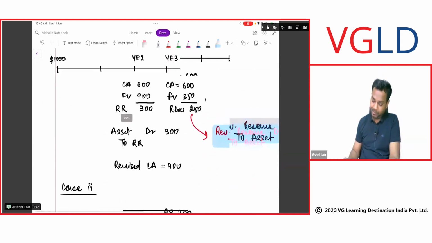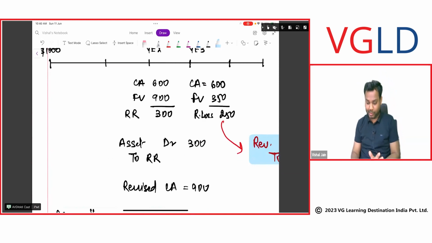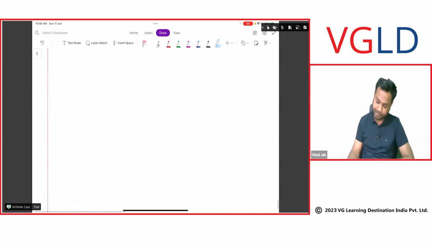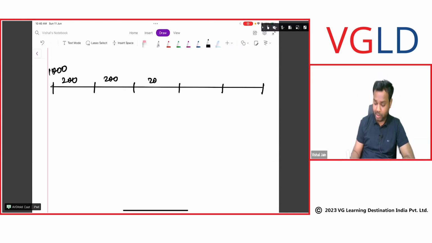Now tell me. Understand this chart. Okay, your asset was how much? 1000. Let me explain again. From where that carrying amount 600 came, I will explain it again. No worries. 5 years. 1, 2, 3, 4, 5. The asset had a value of 1000. So it's 5 years. So it should be depreciated as 200, 200, 200, 200, 200. Now here the carrying amount is how much? 1000 minus 400, the carrying amount becomes how much? 600. Now here I say my fair value is 900, right?